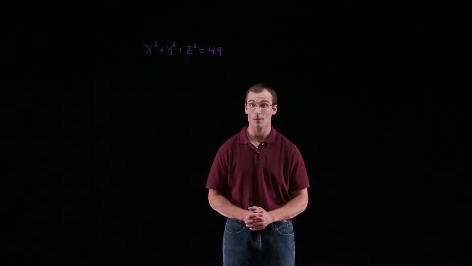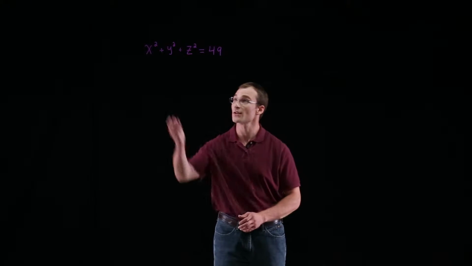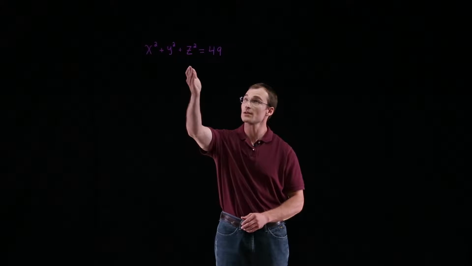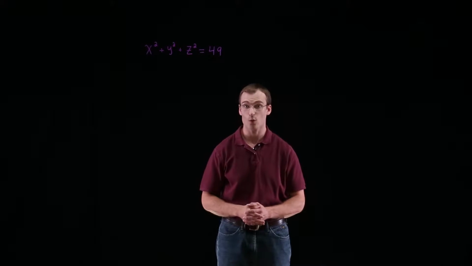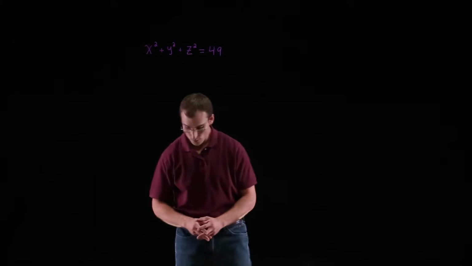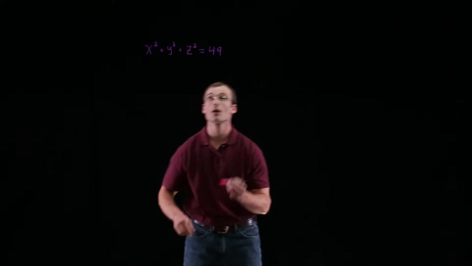Hi everyone, I'm Adam. In this problem, for the surface represented by a rectangular equation, which we have as x squared plus y squared plus z squared equals 49, we're going to find the equivalent equation in spherical coordinates. So to start with, what we want